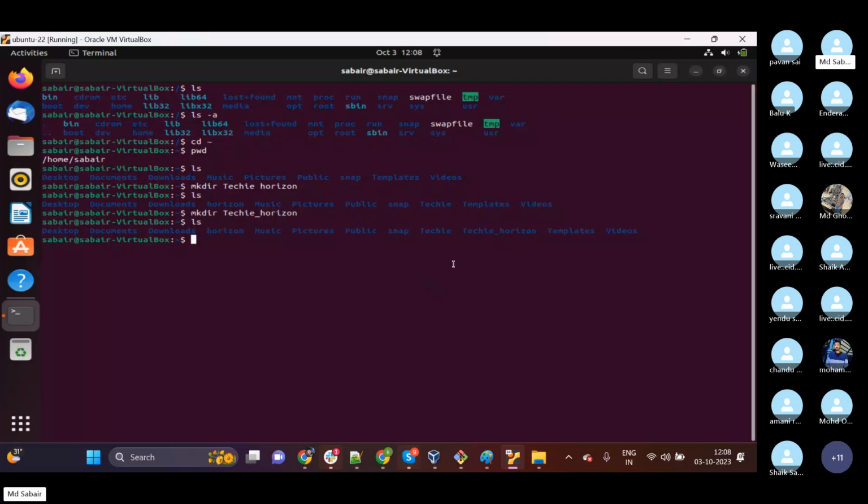So as of now, what I have done, we have already created this. I mean, this is the existing directory. Now I want to hide this existing directory. So what we can do, we have one command called mv, move, and then the directory name techie_horizon. Is ls -a also the command which is used to hide, right? ls -a will help you to list the hidden files, not to hide the file. In order to hide the file, we need to add a dot in front of the file name.